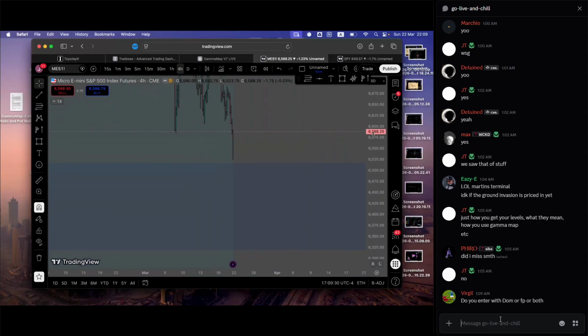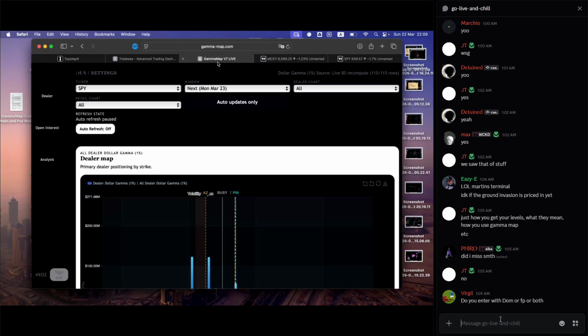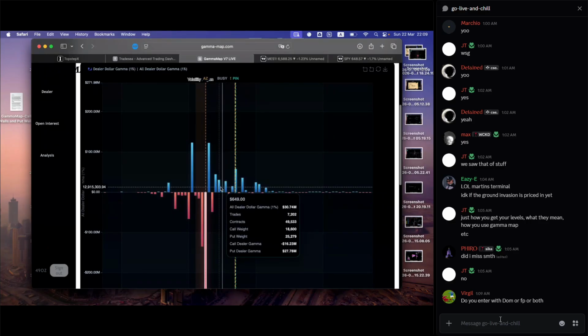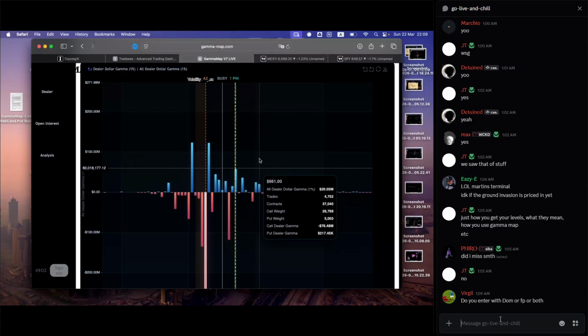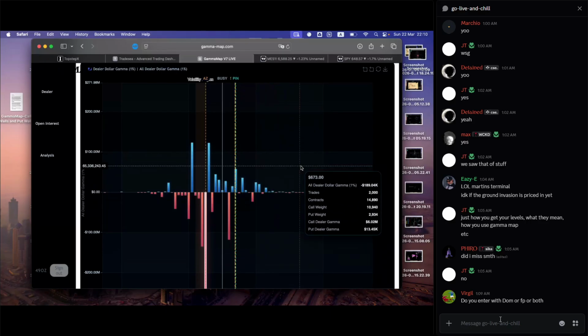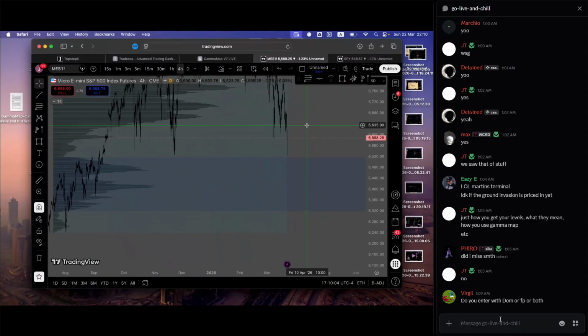I don't personally take trades in the middle. Think of the middle of this area; you could use it as a pivot. Same with the gamma map. You don't want to get into a trade when we're in dealer long gamma because it usually chops, and especially at the pin level, price usually chops, and if it wants to reject, it just chops and then rejects.